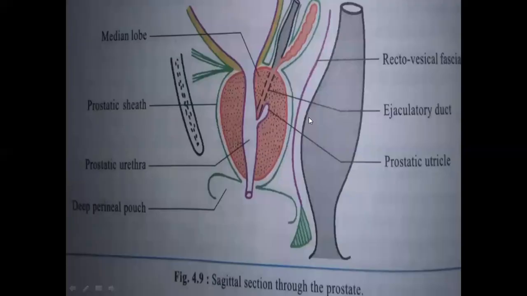Okay, now see here. Again, let's try to get the orientation of this picture. This is the pubic symphysis. This yellow in color is the urinary bladder. This is the neck of the urinary bladder. Of the prostate gland, the outermost covering is the false capsule. Now you are finding this passage which is moving through the prostate, the prostatic urethra. This is the rectum and this is the anal canal. And we have the rectovesical fascia or Denonvilliers fascia, which is intervening between the prostate gland and the rectum.